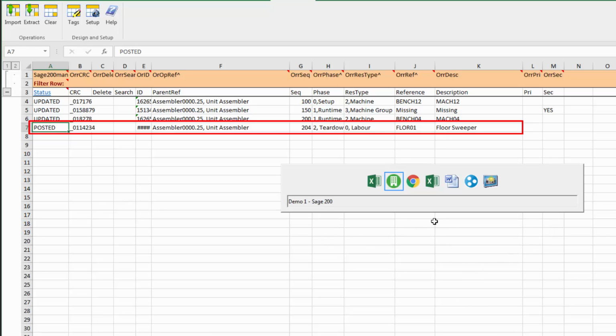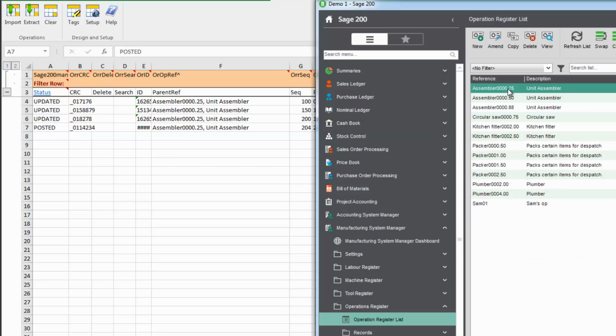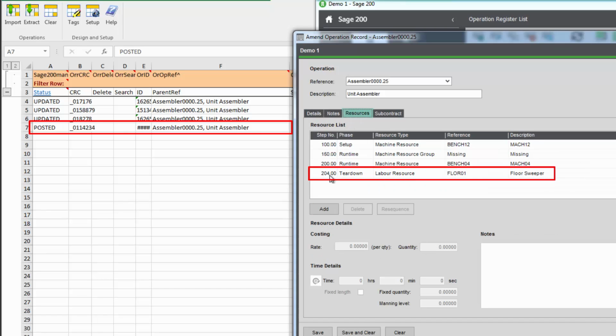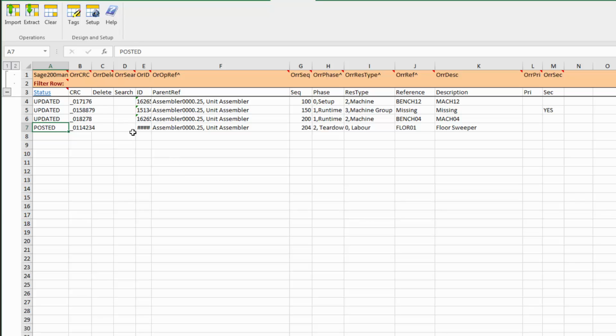So now if we go back to Sage 200, you can see there it updated 3, and it says posted against it, which means it's a new record. So let's go to the assembler 25 record, and now we can see our new resource in there, and they've all been resequenced. And of course, if we want to remove a line from here, we can also do it by just putting an X in. So now if I press import again,